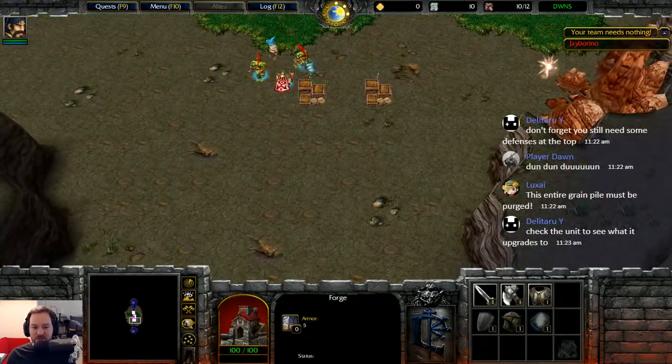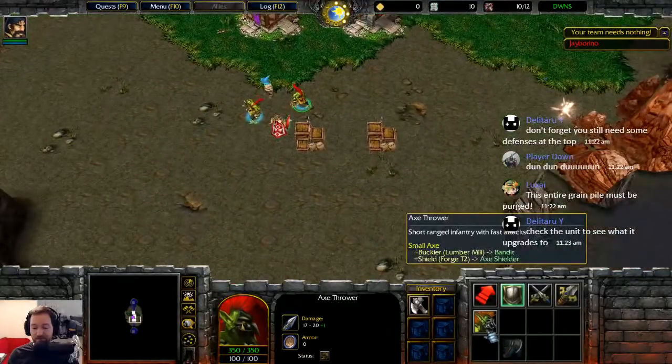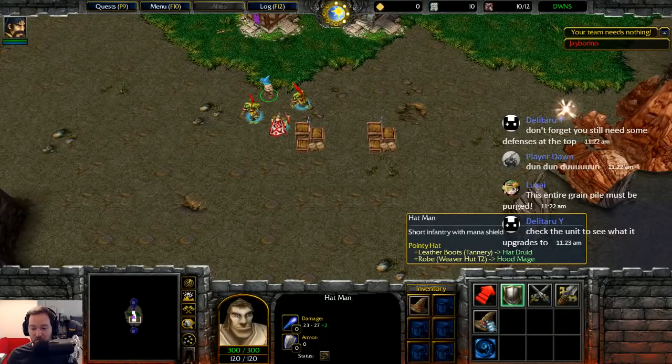Check the unit to see what it upgrades to. I see. So you need the lumber mill and then the forge. Got it. Okay. So that's really, really helpful. So we would want a lumber mill next if we want to get our axe throwers leveled up. I'm looking forward to getting, I think